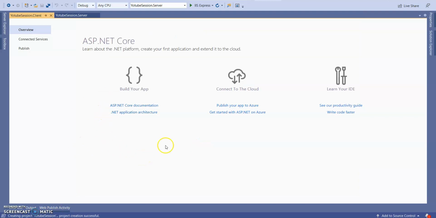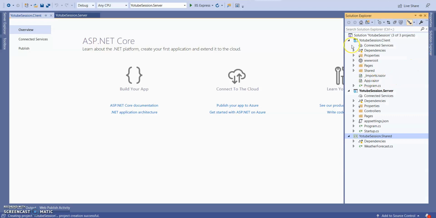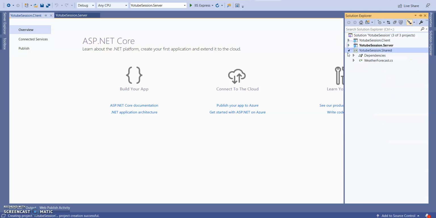So you can see our application is created. Go to Solution Explorer. You can see 3 projects have been added. In a coming session, I'm going to help you understand the project structure of the Blazor WebAssembly framework. Directly run this. Click on this run button.